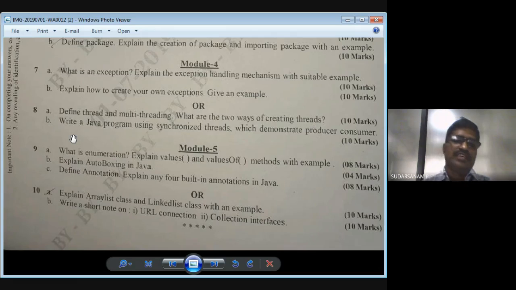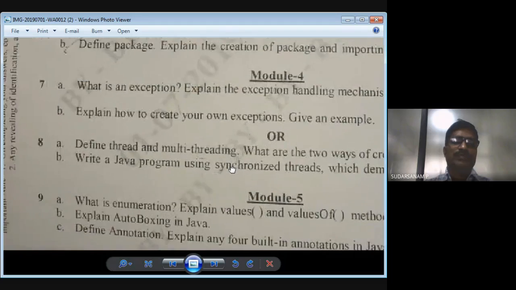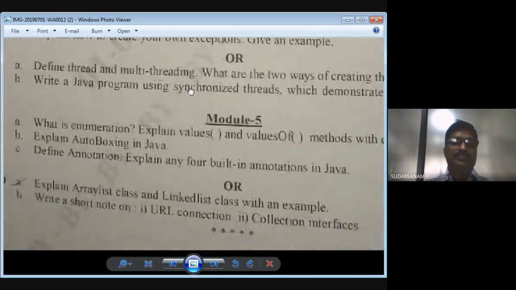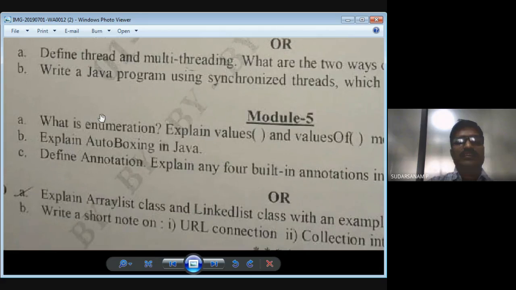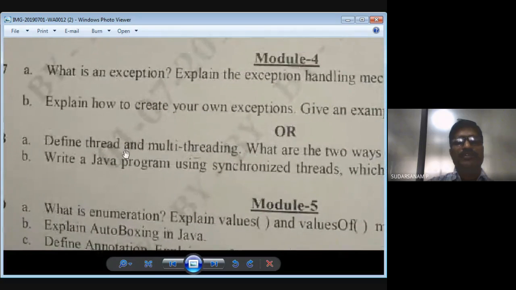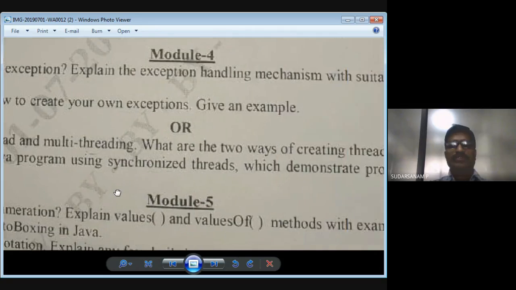Now you see, up to fourth unit we have completed. Eighth question, ninth question: one is thread and multi-threading, another is synchronized block. Here in module 4, one is exception, another is exception handling, and one more is explain how to create your own exceptions and give examples.